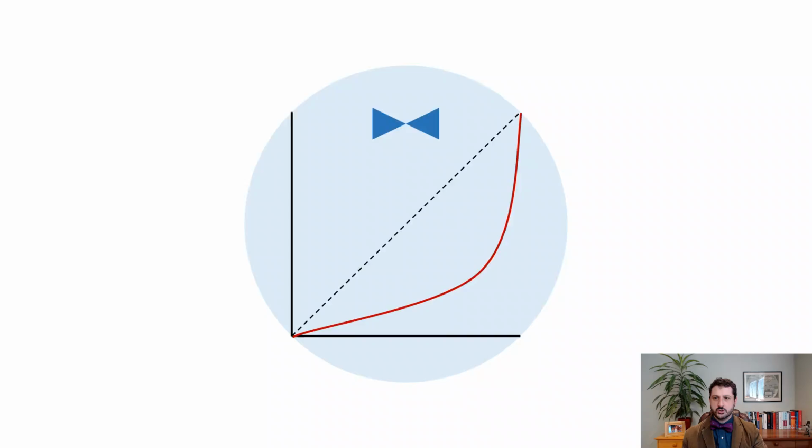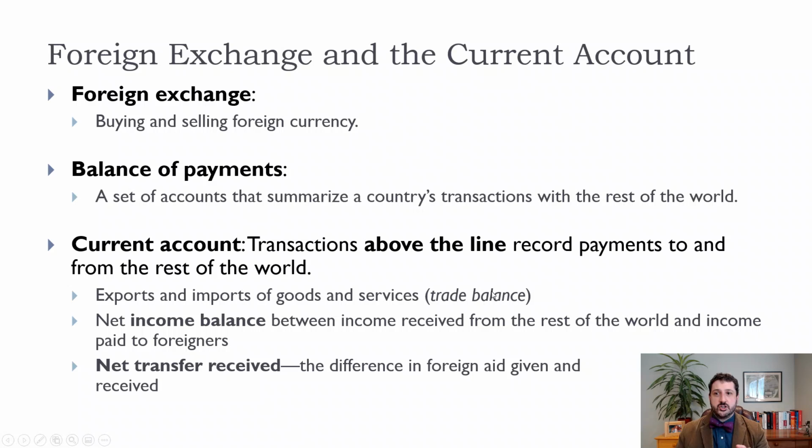Like buildings. And so what we need to think about is the balance between the current account and the capital account. So how those flows end up balancing out in the capital account. So foreign exchange is just the buying and selling of foreign currency. As I mentioned in the previous videos, the foreign exchange market is huge. If you want to lose your money very quickly, you should invest in the foreign exchange market. The balance of payments is the account, so that's the current account and the capital account